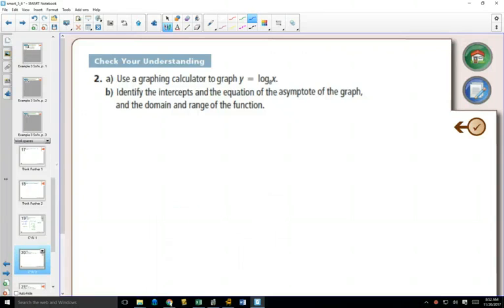We're going to change the wording of this question slightly. Instead of using a graphing calculator, take out "use" and say "without." Really changes it quite a bit. You need to know how to graph all of your logs without a calculator. They become your parent graphs, and then today we're going to do all the transformations from our first unit with